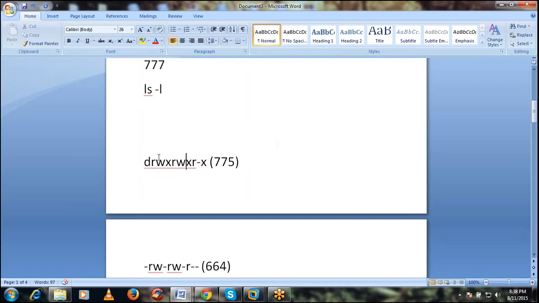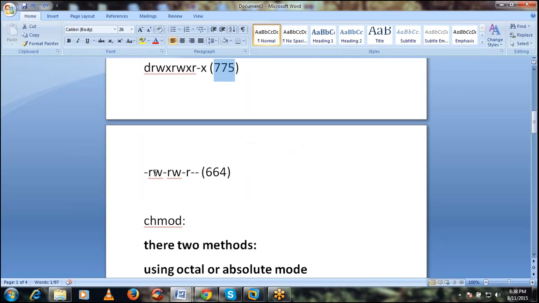RWX means R is 4, W is 2 and X is 1, so the user has full permissions. And the group also has full permissions, but others do not have the write and execute permissions. By default, whenever you create a directory, these are the default permissions. Similarly, whenever you create a file, these are the default permissions.